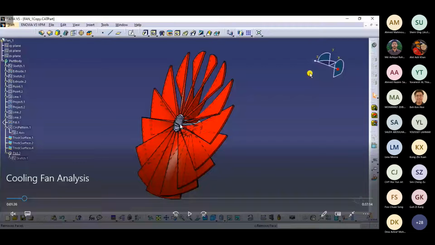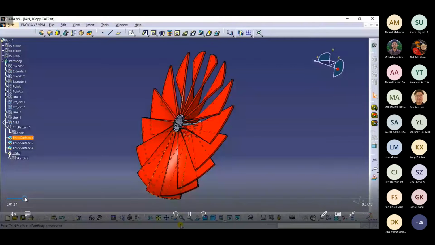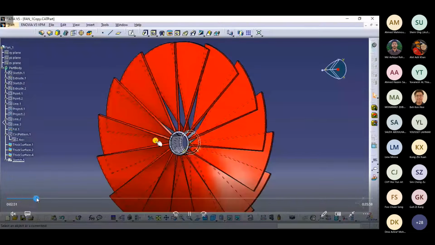I basically extrude that pocket and fill it completely for my simulation. I would just do that here, using some different operations, and I filled it.